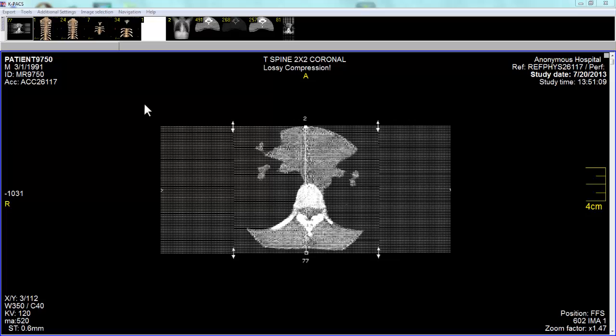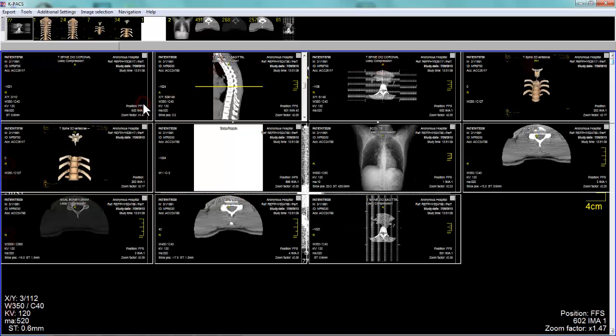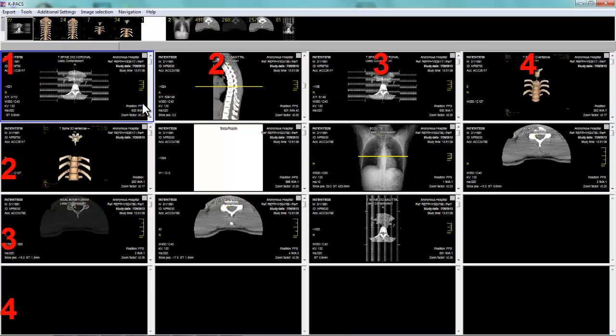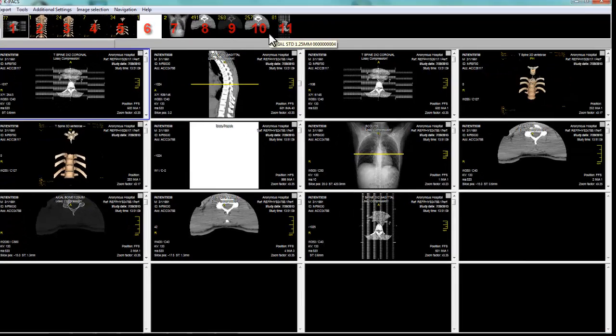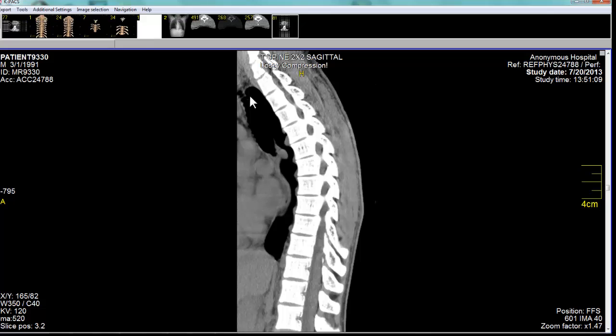Thus, we can go from one image to the maximum, 16 images, a matrix of 4 by 4. In this screen, we're actually looking at all 11 stacks that I could pick from at the top of my screen. To go from one screen, which is here, to 16 screens, or any makeup of the 16 possible screens,